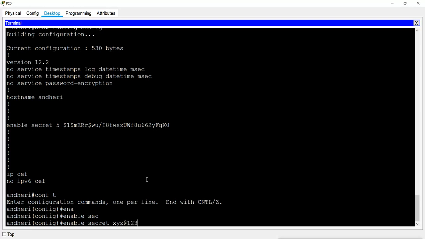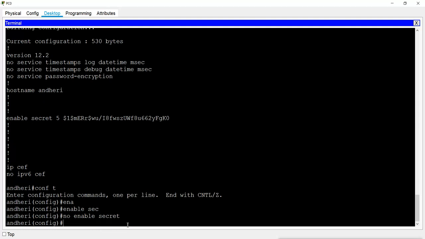This is a value, this is not a command. So I will remove the value and put the command, and at the beginning I will give no.